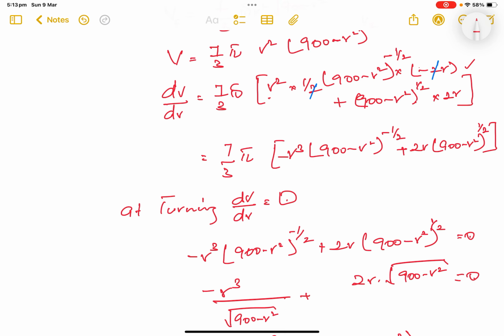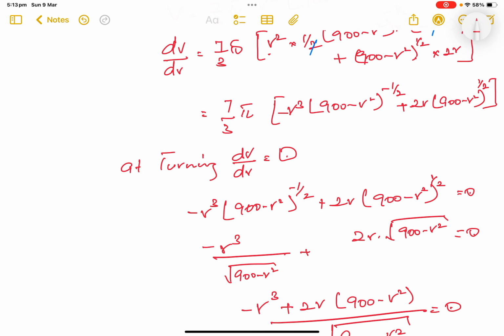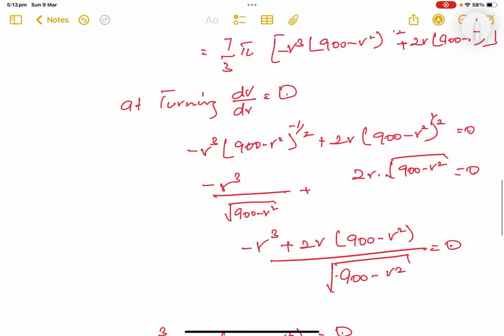So rearranging and simplifying, 7/3 pi is the same, and this 2 cancels out. Minus r, and minus r squared here, so minus r cubed, times 900 minus r squared to the power of minus half, plus 2r times 900 minus r squared to the power of half. We know at the turning point, this maximum or minimum, dv over dr equals 0. Therefore,